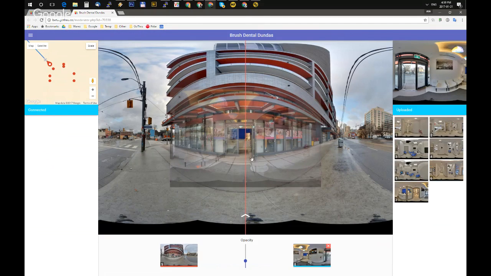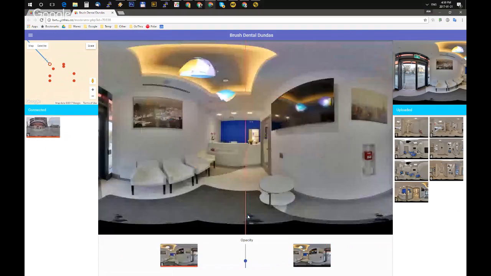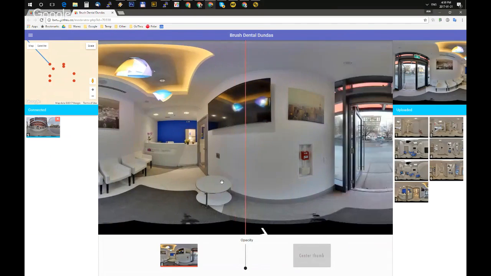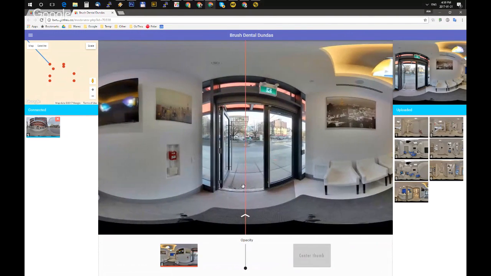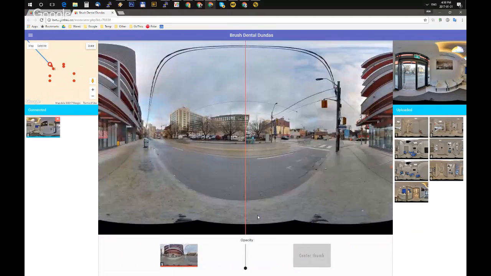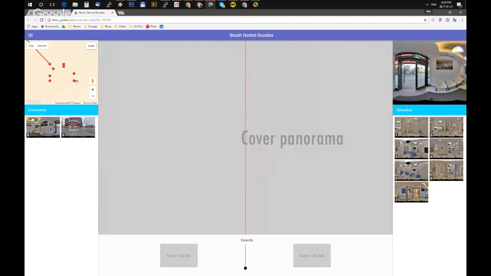I think we are pretty much okay. When you are satisfied with the alignment, you just click the next arrow, and then you go back. You can actually use the keyboard arrows also. Okay, that looks quite easy.